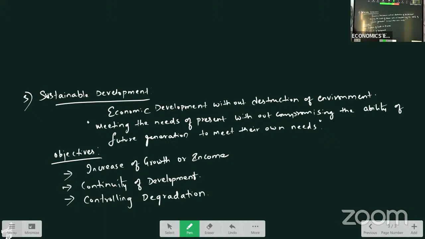When we go for development, when we use technology, we cut down the trees. We construct big buildings. Where are the trees? Trees protect human survival. So when we are going for development, this degradation should be controlled. The quality of land, water, air, and soil should be maintained for sustainable development. Whatever decision we are taking for our economic development should not affect the standard of living of the people. And the next objective is protection of biodiversity.